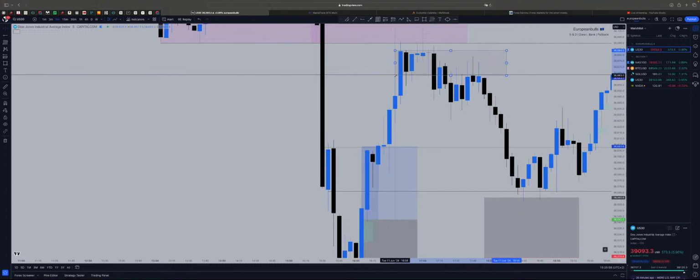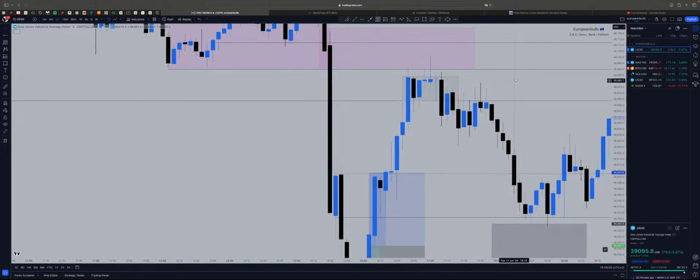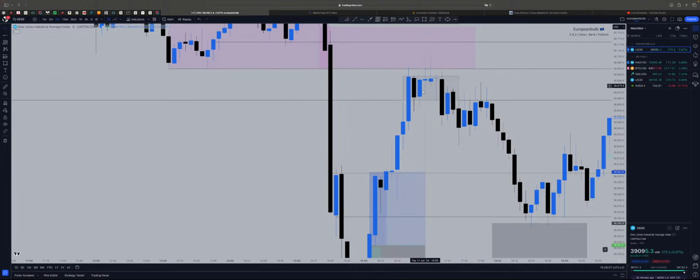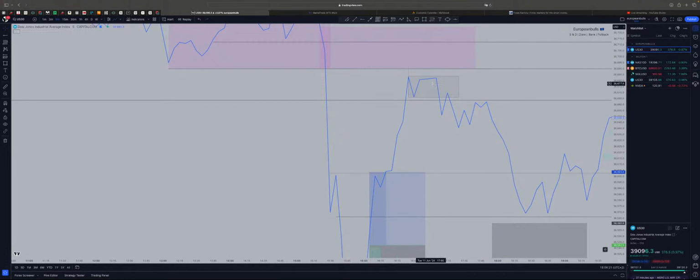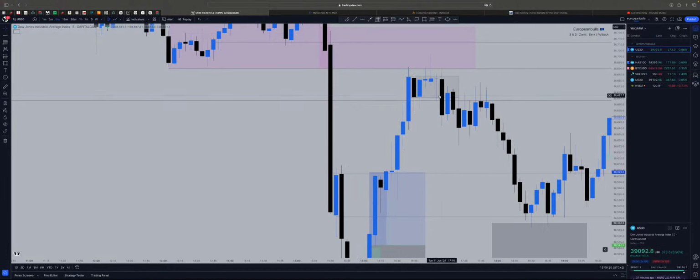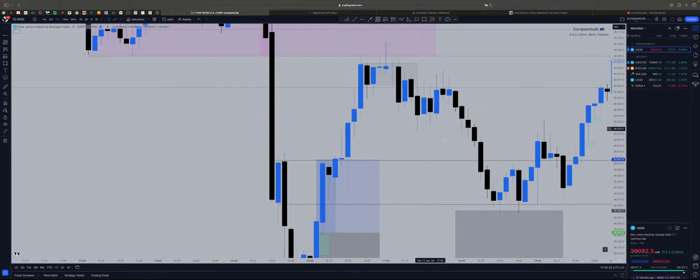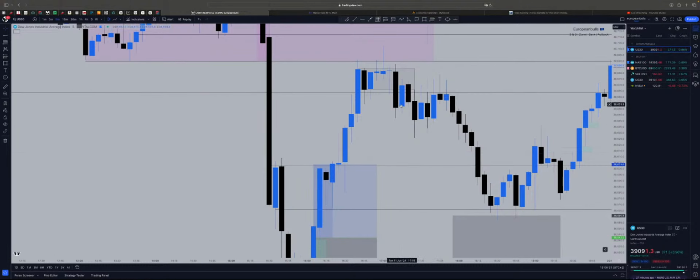As you can see here, the price came back to my marked zone. It came back up. It started showing some weakness, and then you can see it broke this area around here. It invalidated these 2 candles, the big wick, as you can see on the line chart as well. It invalidated the last high here. So we got the confirmation around this area, and that's it.